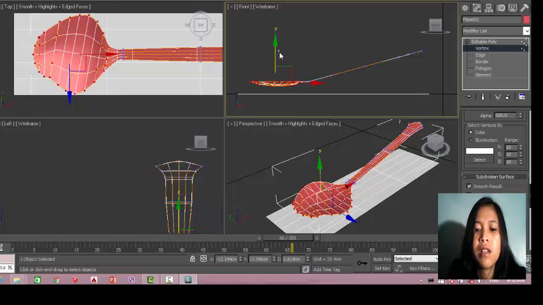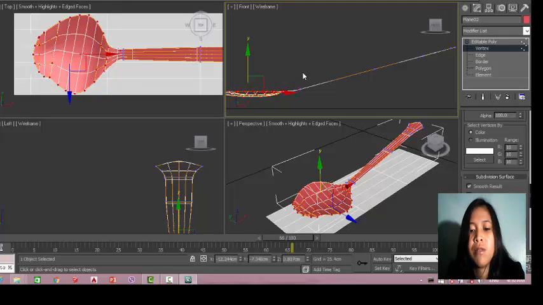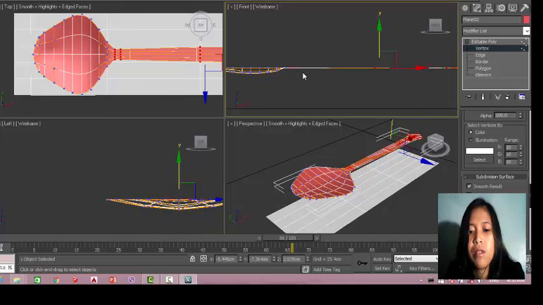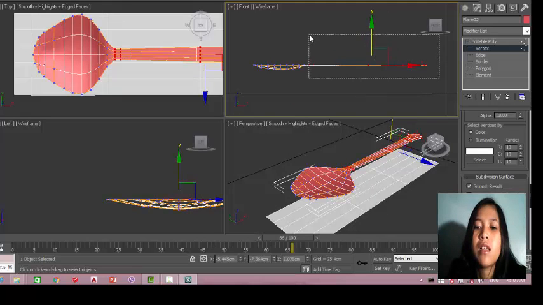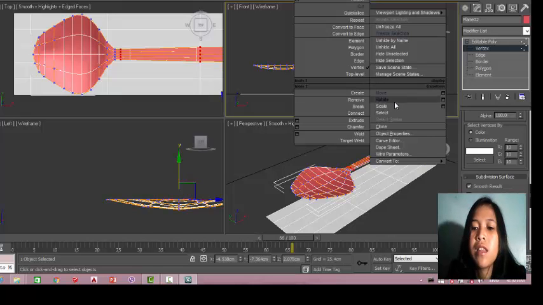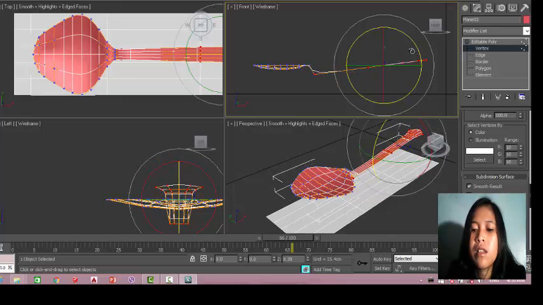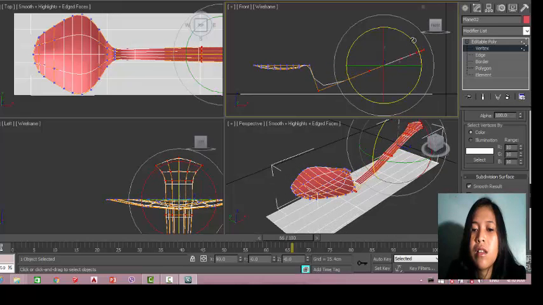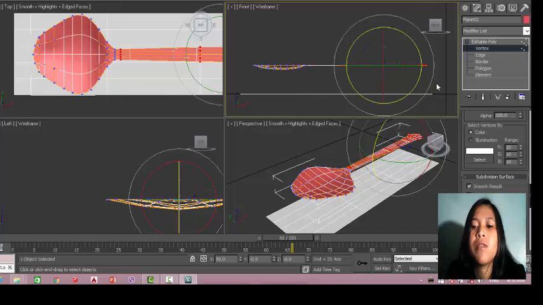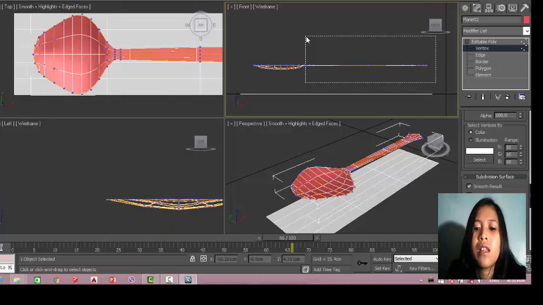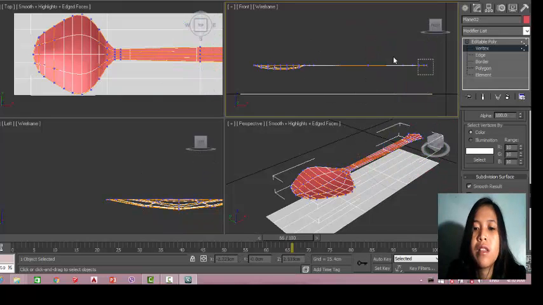Oh, it's not working. Right, so I just have to repeat, and then click the rotate. So here, rotate. No, I just have to rotate this and this.